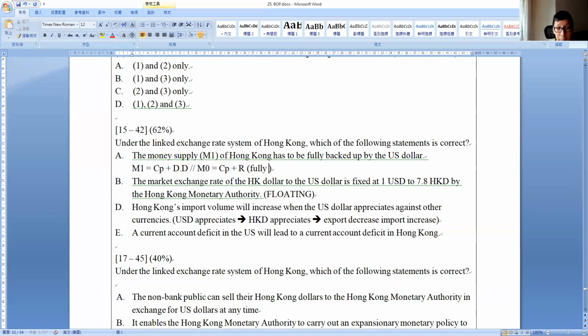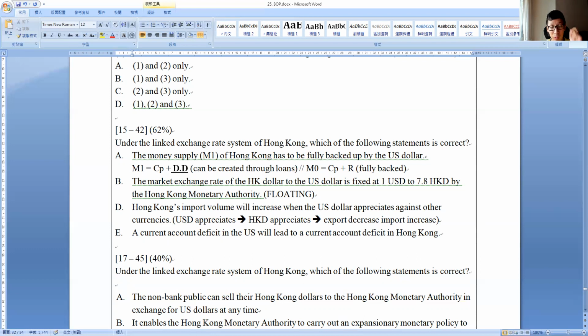M0 is fully backed. But M1, the problem is this part, demand deposit. Remember, back in our chapter 22, demand deposit can be created through loans. 佢可以靠借貸嚟到存款創造型嘅啦，credit creation。